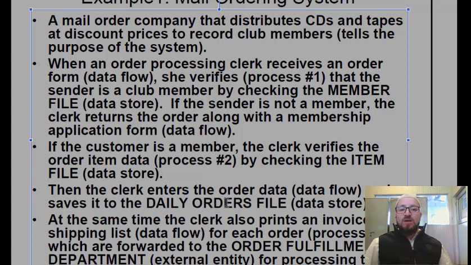उसके बाद जब ऑर्डर उसने फाइनलाइज किया तो उसको ऑर्डर डेटा, दैट्स डेटा फ्लो, और वो सेव करेगा डेली ऑर्डर्स फाइल के अंदर। सो डेली ऑर्डर्स फाइल, अगेन ए डेटा स्टोर हमारे पास डेटाबेस में होगा, जिसमें हम डेली ऑर्डर्स को देखेंगे कि कौन कौन से ऑर्डर्स हमारे पास आए हैं। और उसके बाद वो प्रिंट करेगा इनवॉइस एंड शिपिंग लिस्ट। अगेन दिस इज अ डेटा फ्लो बिकॉज ही हैज टू गिव इट फॉरवर्ड। हर एक ऑर्डर का उसको इनवॉइस और शिपिंग लिस्ट बनाना है। सो अगेन दैट इज अ प्रोसेस, ही हैज टू डू दैट प्रोसेस।